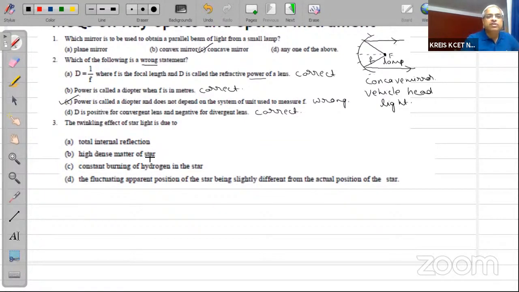High density matter of stars, constant burning of hydrogen in the stars, the fluctuating apparent position of the star being slightly different from the actual position of the star. Okay, the twinkling effect of the star is due to